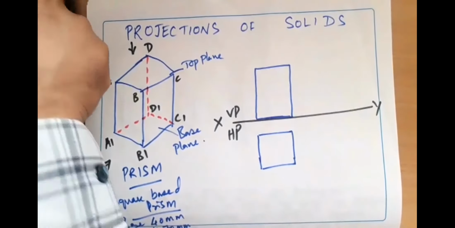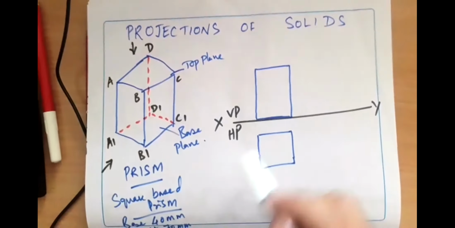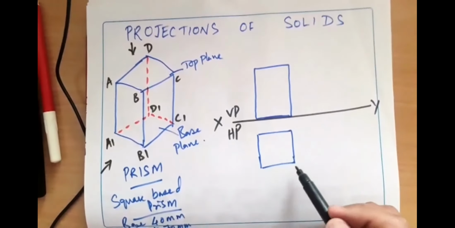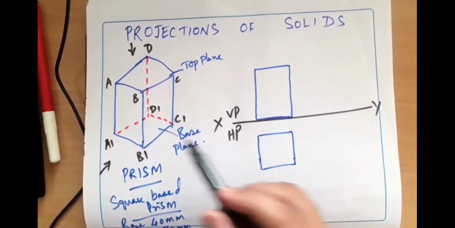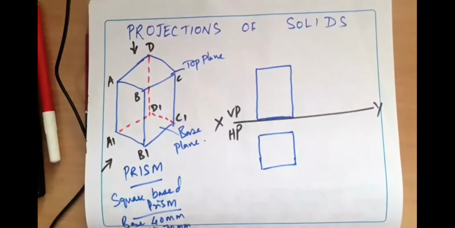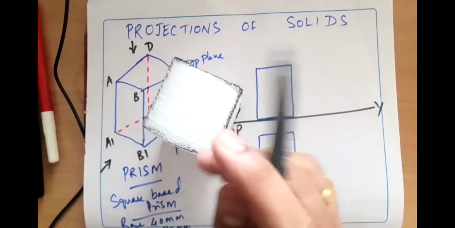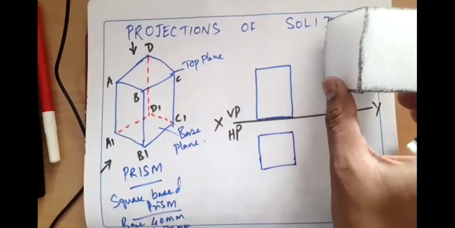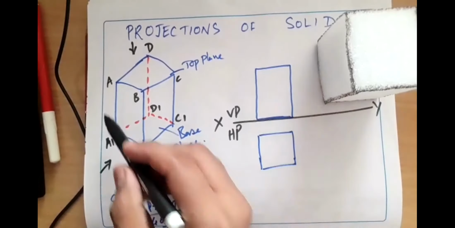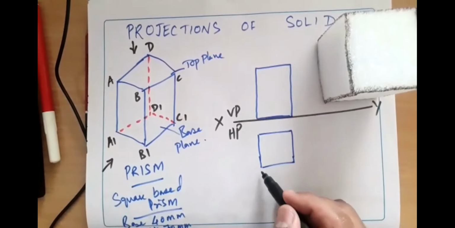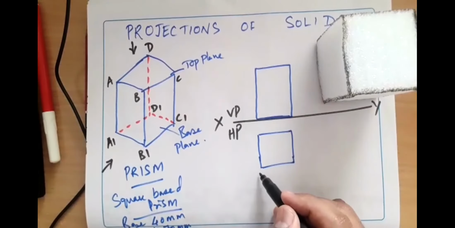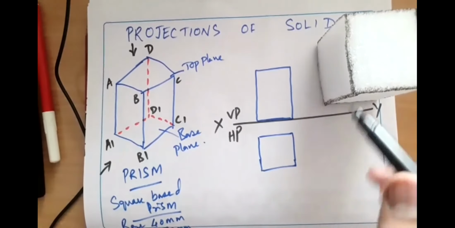Now tell me the namings for it. How to name this figure, the top view? You can start naming from any place. That means you can rotate the solid anyhow. You can start A from here, from here, from here, or from here. So anywhere you can start. But I'll start from A. Imagine this is the position. This is A.